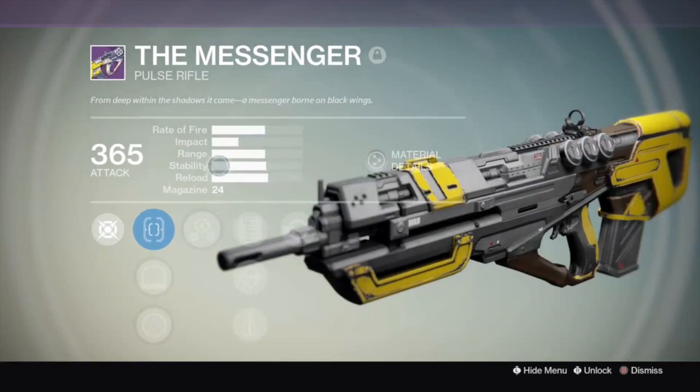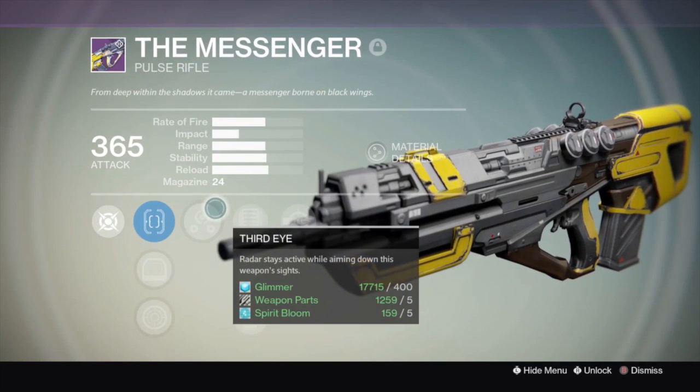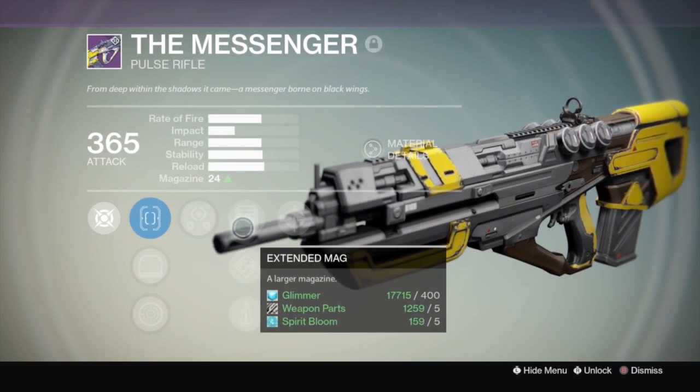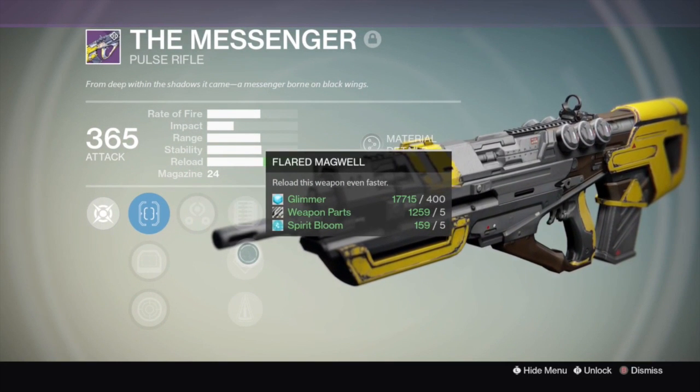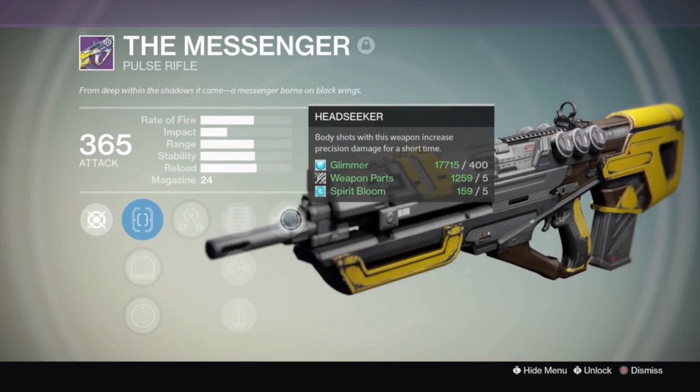The Messenger is a really cool pulse rifle. It has Third Eye, which is one of my favorite perks. Extended Mag, I'm okay on that. But honestly, I like Flared Magwell with reload the weapon faster. That's probably going to be the thing that I use here. As well as Head Seeker, which is something that Praetus